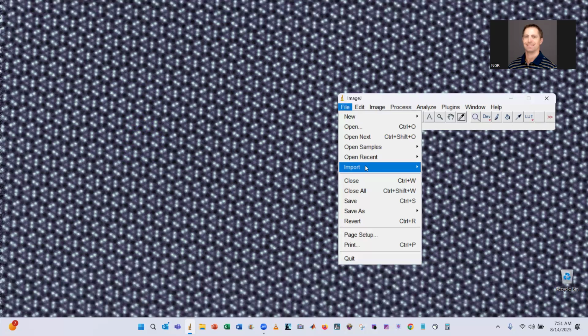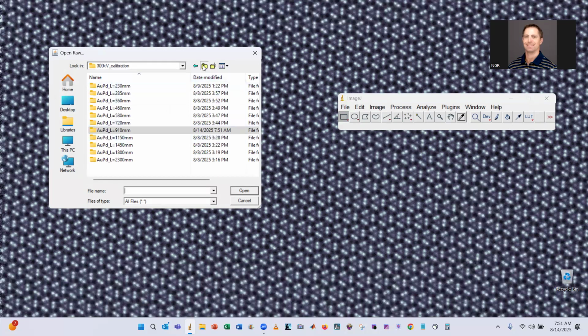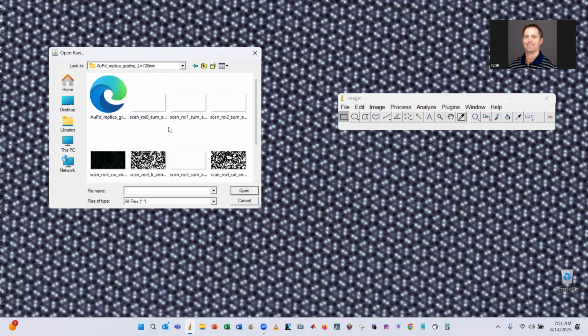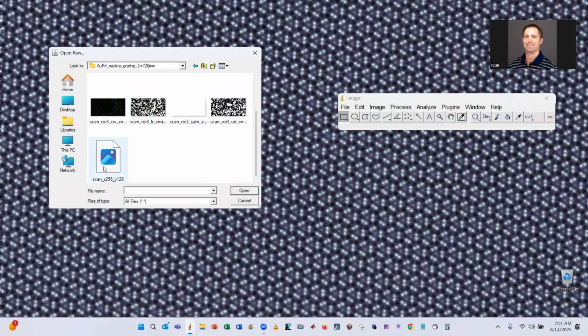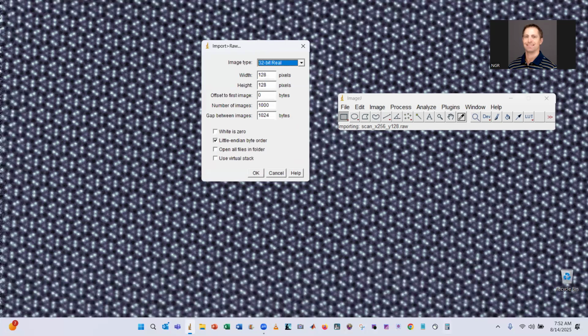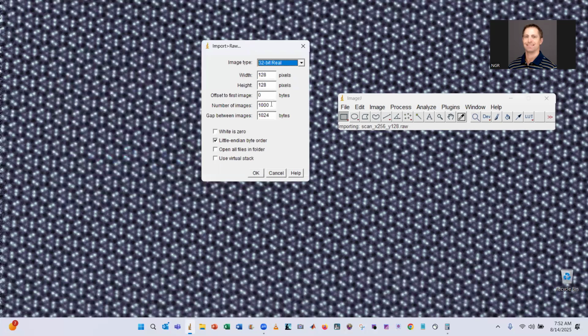So we'll now import an actual 4D-STEM data set. This is the one I created in the tutorial for collecting the data with the MPAD. Okay, so now your number of images is going to be 256 by 128, which is the scan dimensions. So if we do 256 by 128, we get 32,768. So we're going to do